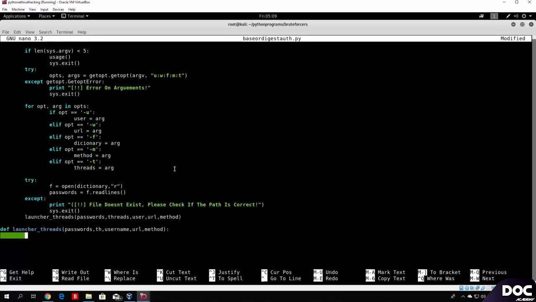The reason for that is because it is a global variable, we will need it, so let us just type here global i. And this i is not really a variable, it's going to be a list rather, and this list will actually have our threads. So in order to start off, let us do i.append(0), and you will see just in a second why. And what we want to do next is, while the length of our passwords, which is the passwords that we got from our dictionary, while it exists, so while we are not hitting the end of the file,